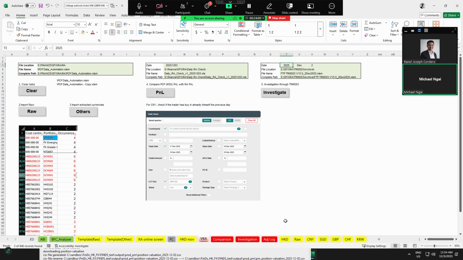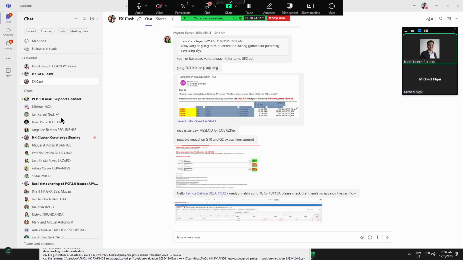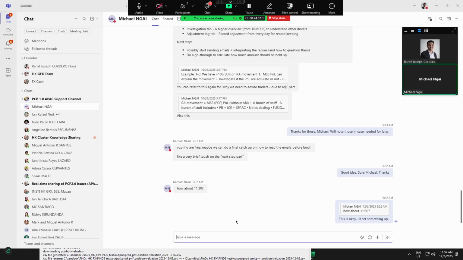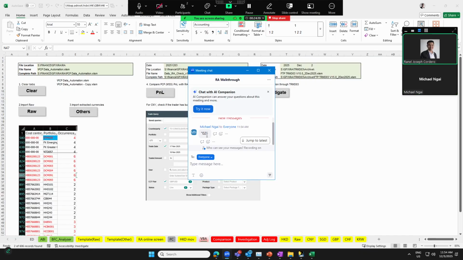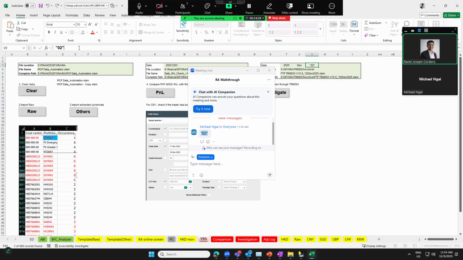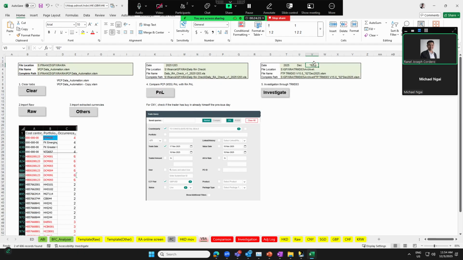Just type it in the chat. I just put it in the Zoom chat. So you change the two into this.